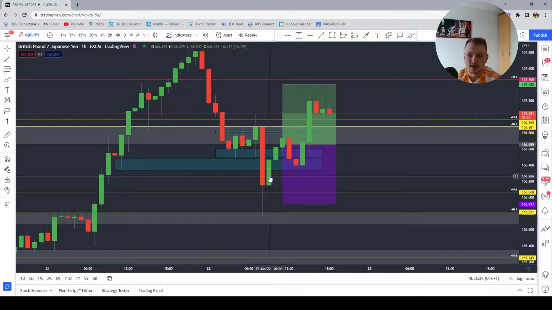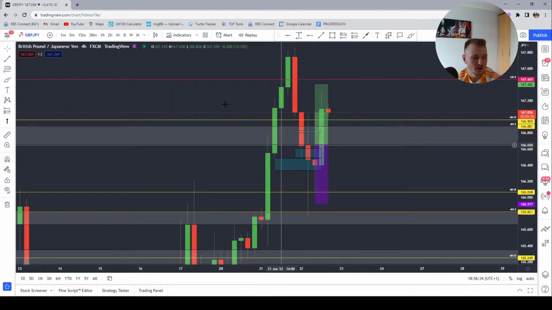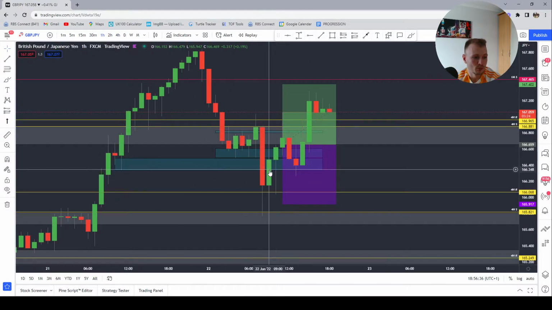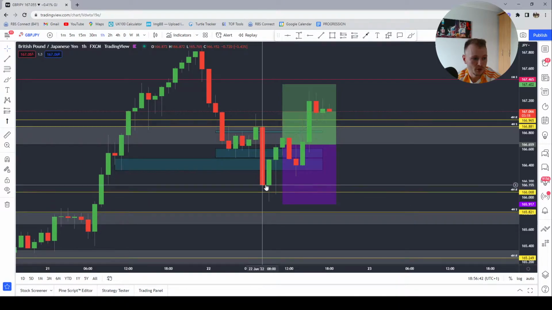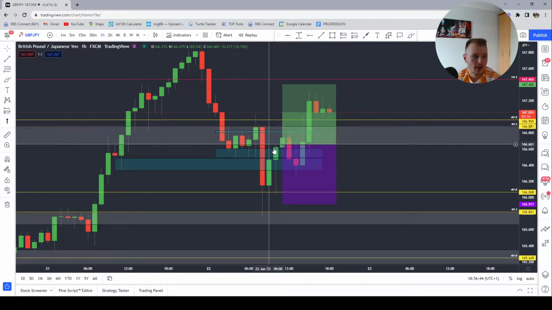The next candle at 9 o'clock had formed a support. So the 9 to 10 candle, which is the last hour of the 4 hour, which is this wick creation, formed this support. The next hour of the new 4 hour candle opened, we pushed down, we respected this support, and we closed